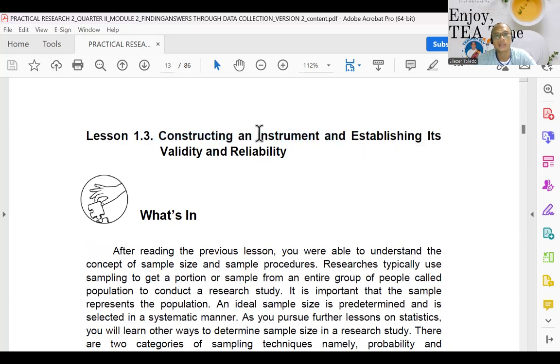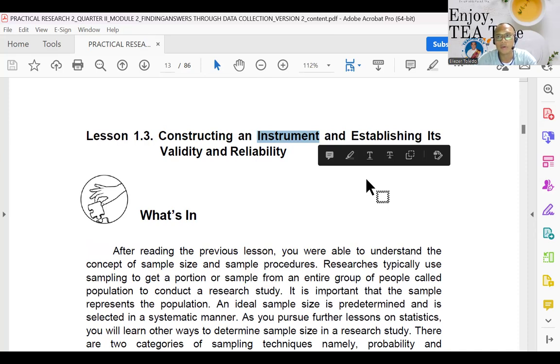So if we talk about instrument, this is the tool you will use to collect data. And there are standards that we establish. For example, if you are the only one who made your question, is that standard or not? Definitely it is not standard. So if we do not want to go through the hassle of doing validity and reliability, the best thing is to find that instrument. We call it a standardized instrument. Standardized means it has been used by other experts. So there is nothing left for us to do but